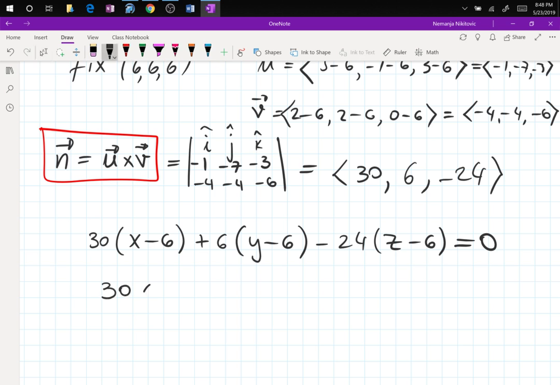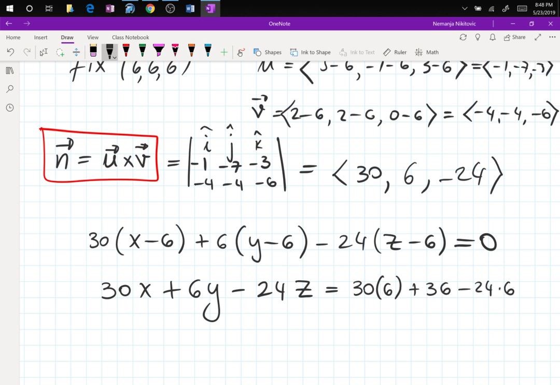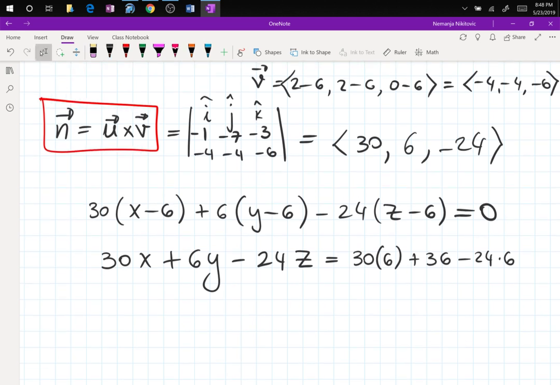When I go 30x plus 6y minus 24z is equal to 30 times 6 plus 36 minus 24 times 6. And then we will see that they can be canceled, right? So 30x plus 6y minus 24z is equal to,